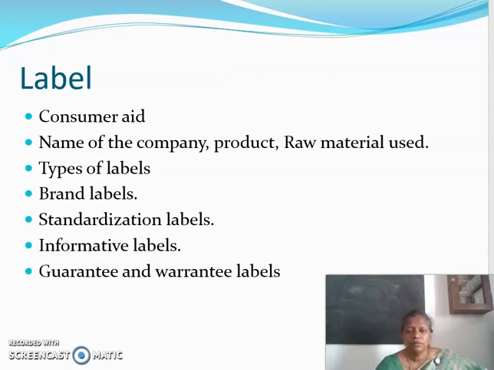Okay, so then what is a label? The next aid is a label. A label denotes the name of the company, the product name, and what raw material is used in preparing the product. That is called the label. What are the types of label? There are different types of label. The first one is the brand label. The brand label says about the brand of the company. Then the standardization label says whether the product has an ISI mark or